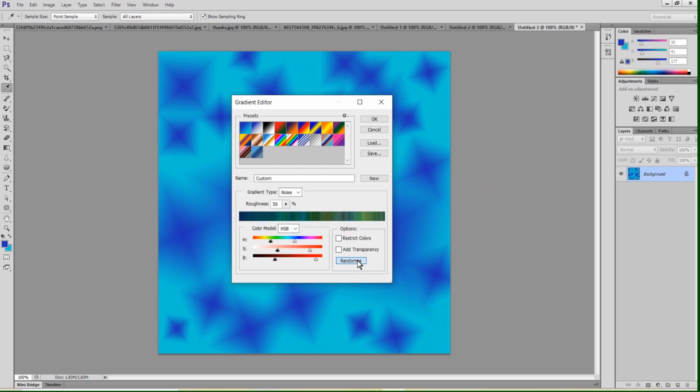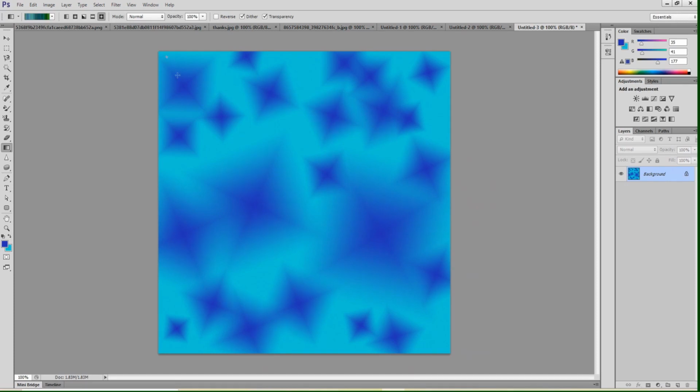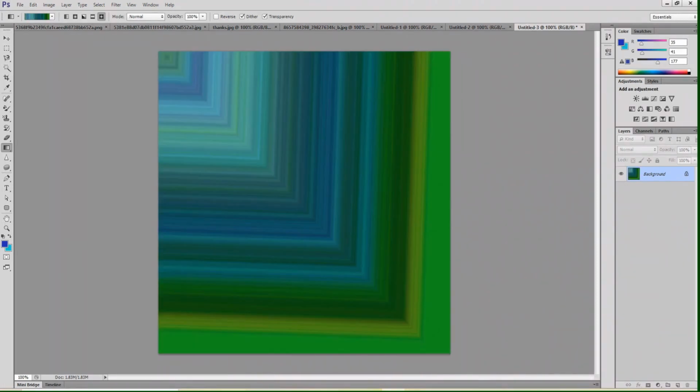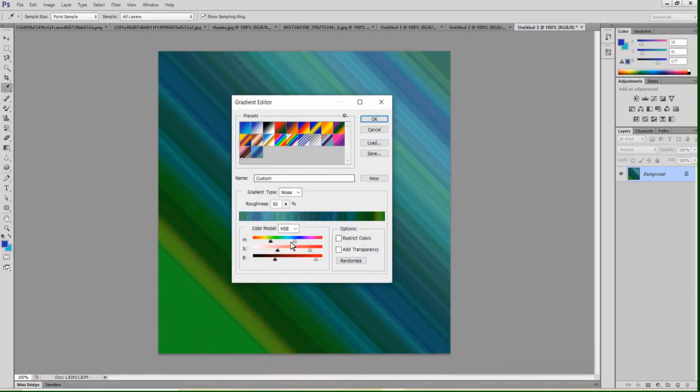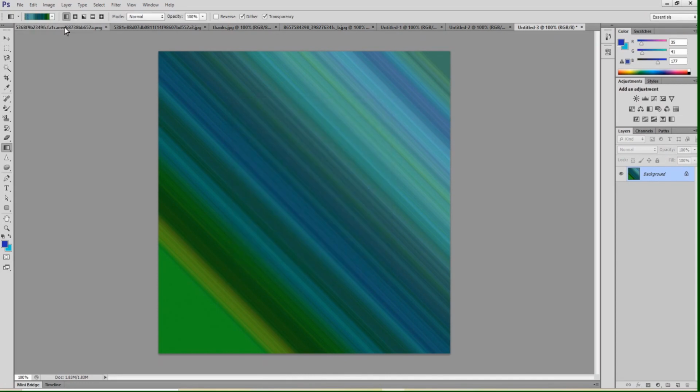Choose any gradient that you want to use. If you do not add to the preset list, what will happen? I will choose the gradient once. Suppose I am using this one. I will drag it. It will fill. Choose the linear. Okay. Now, if I want to use it again or in some other file, it will not be available. But the gradients which are added to the presets, they are available in the down arrow even here.